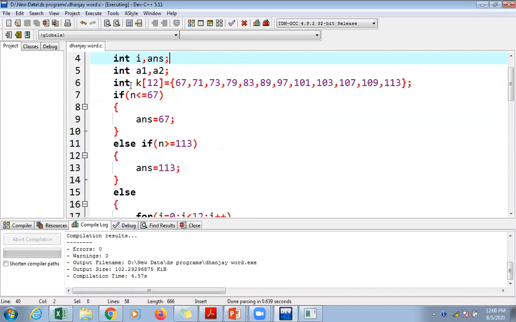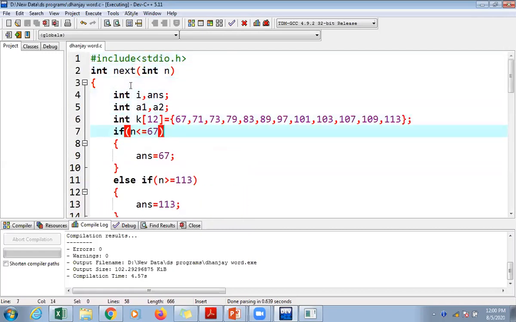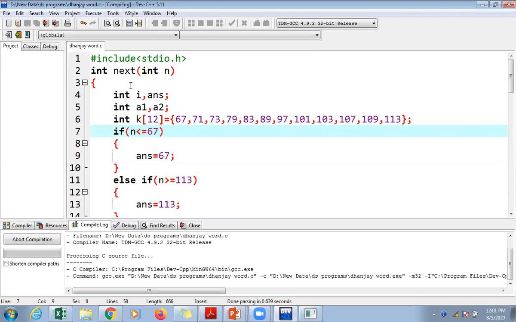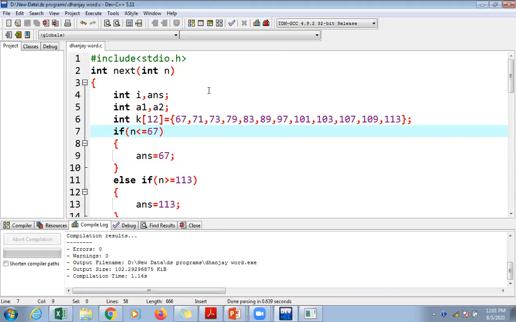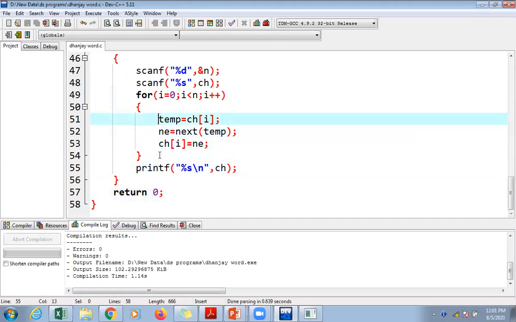I think this loop is not running completely.